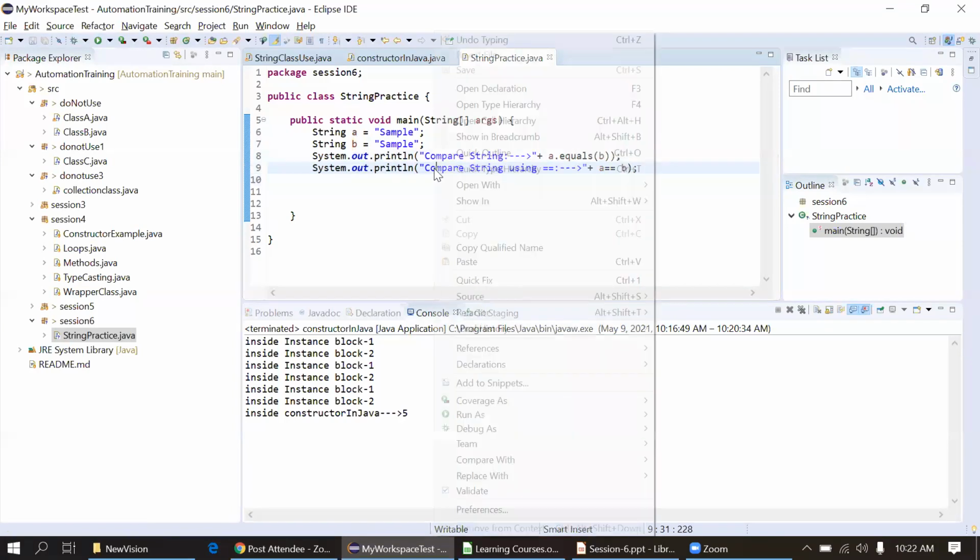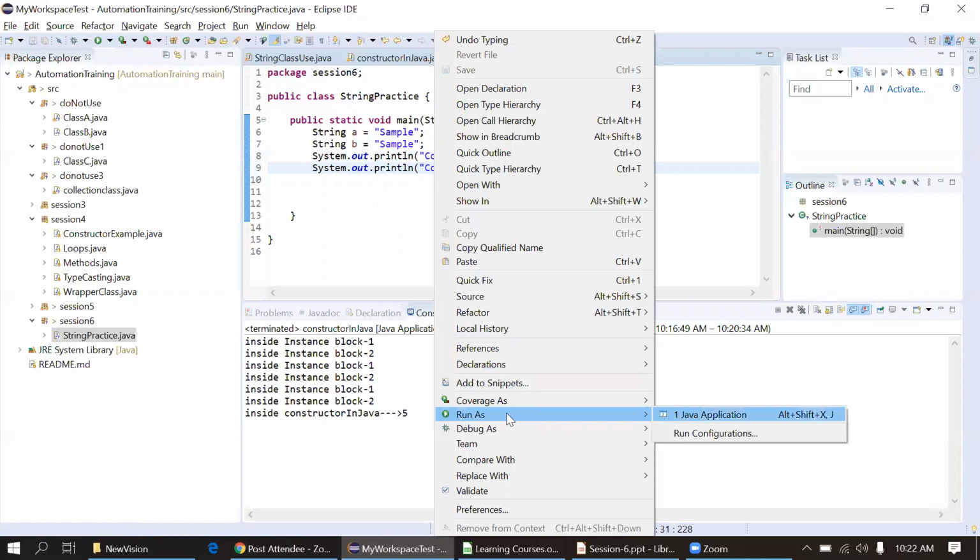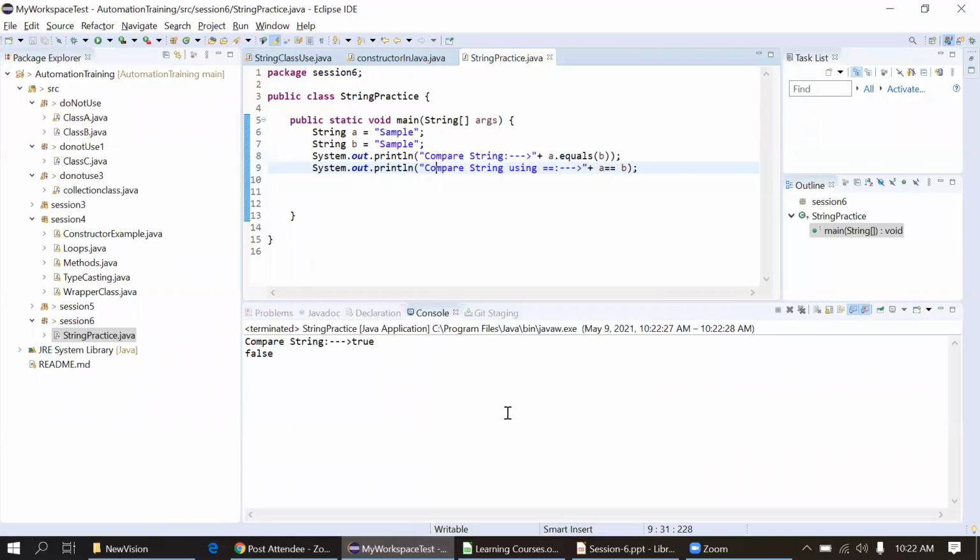Now let's execute this. Now you can see, if you are using A dot equals, it will check for the content only, as characters. If that is matching, then it will just return true. The == will just check the memory location. I will print the A value now.